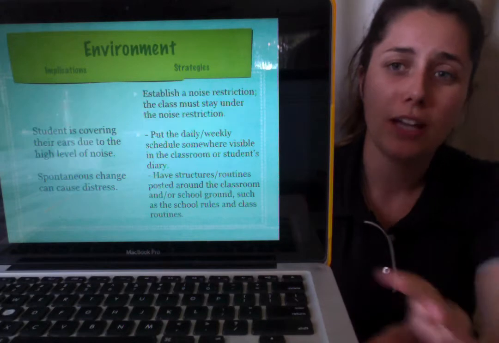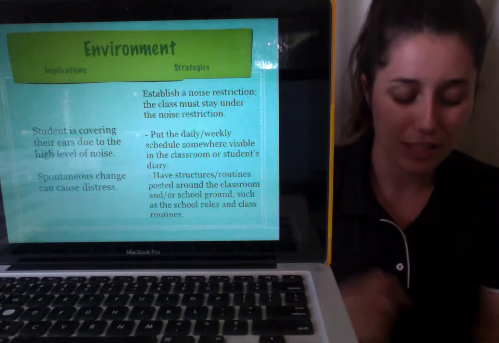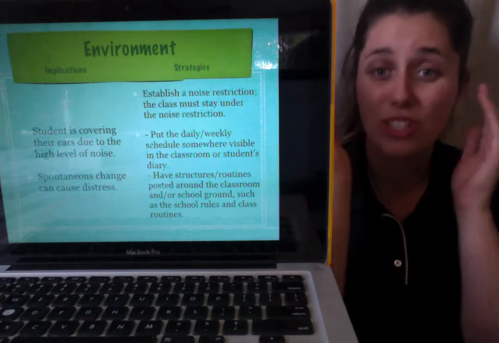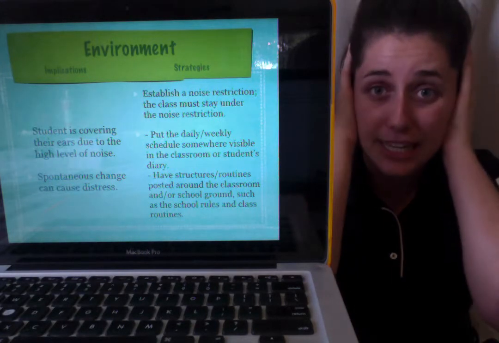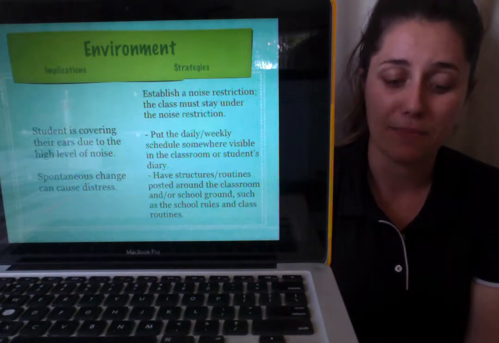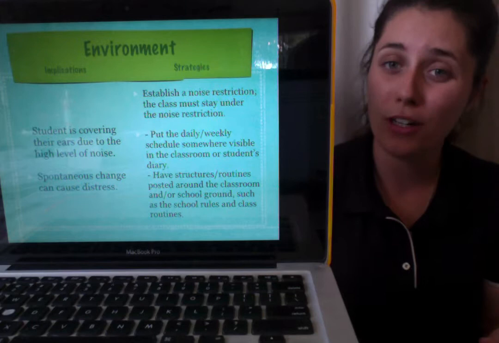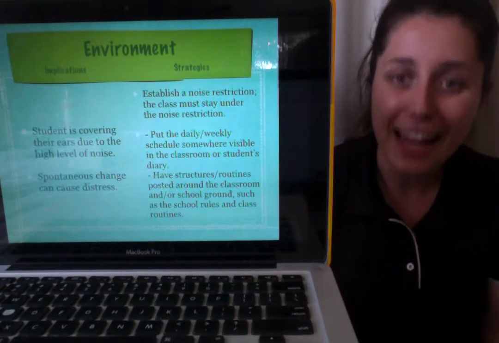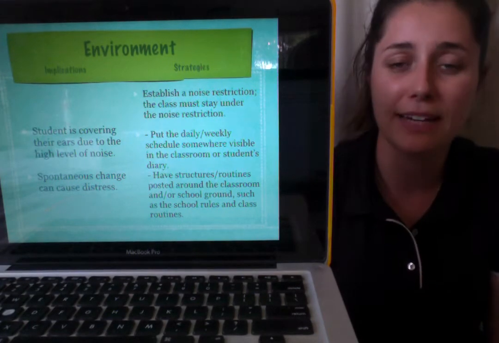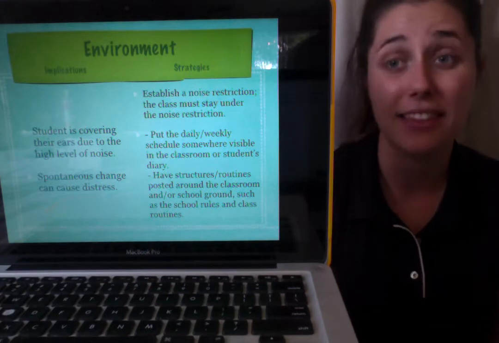Also, changing the environment is a big one. If students are finding it too loud, they cover their ears, or as she was saying earlier in the videos, if they're finding it too bright, too full on, we're cultivating an environment in which this student feels that they can blossom and that they can learn.